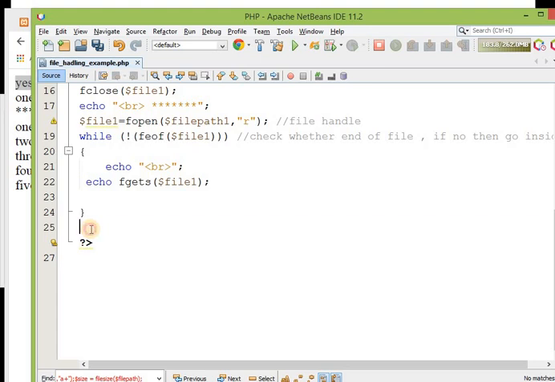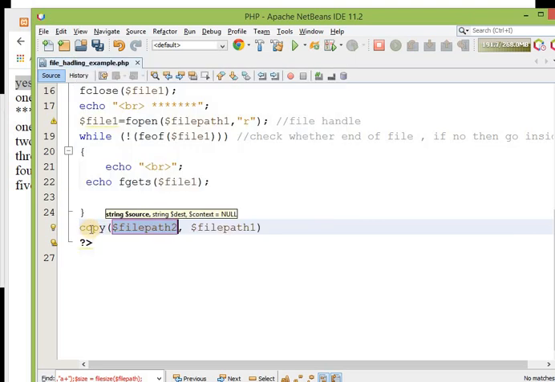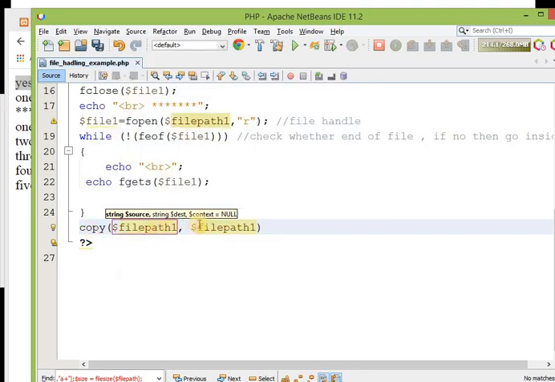So what is the function name? The function name is copy. I want to copy from file path 1 to file path 2.